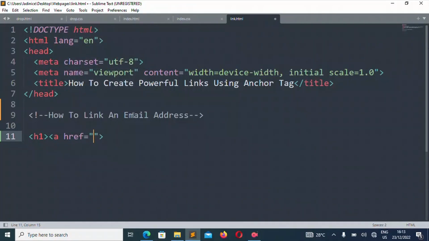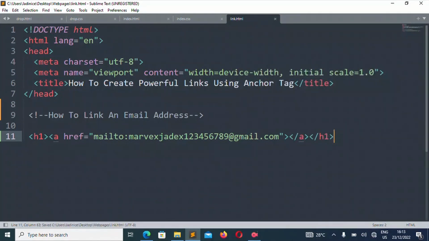href. Now we'll write mailto. I'm going to use the email address of Jadis Arts Academy. Then you close the anchor tag and then the H1. Then when I refresh it, okay,